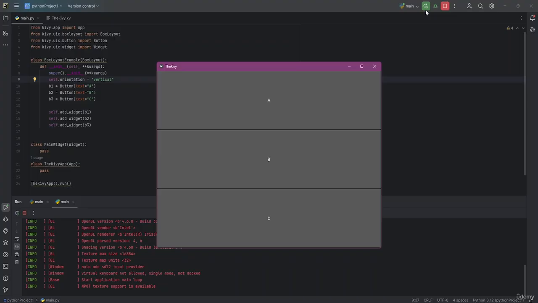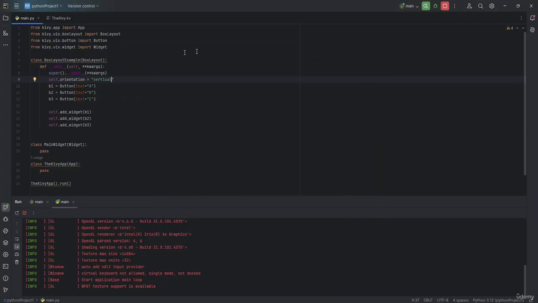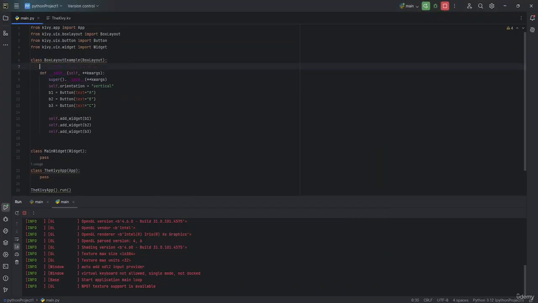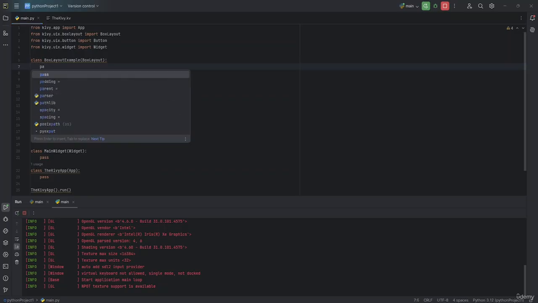Okay, so this is basically how simple it is to work with box layouts and how you're going to customize it the way you want to. Another thing you're going to do is pass the whole thing. If you want to pass the whole thing inside of this command, you have this class over here, right? Inside of this class, you're going to make another line and just type in